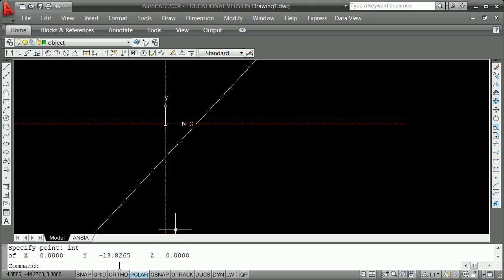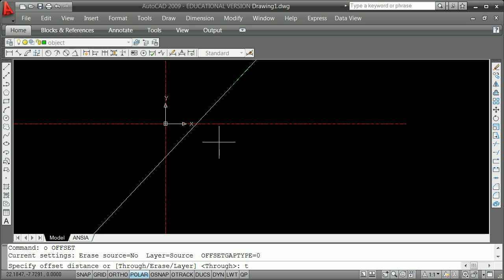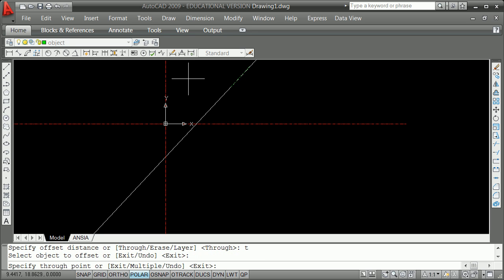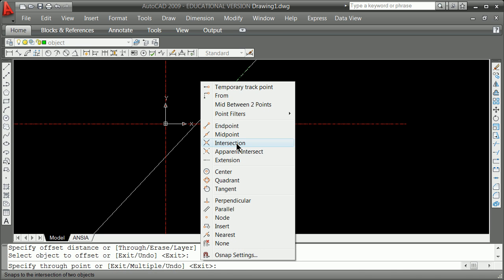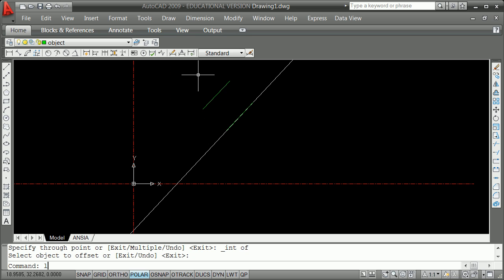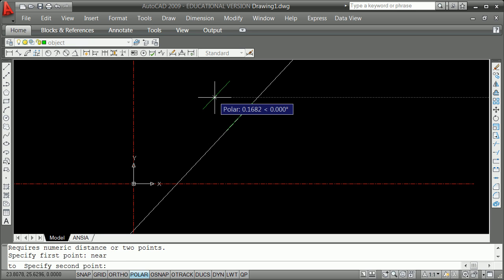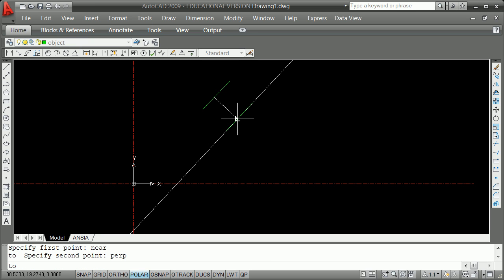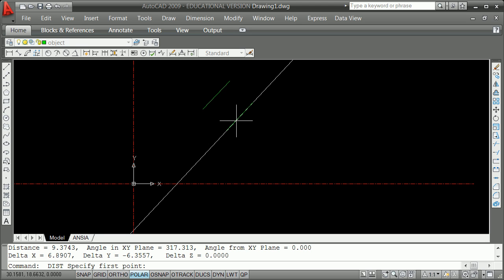And what we are guessing is that when we do this, O for offset, T for through, this object through the shift right click, the intersection of that, and look at that distance from near, N-E-A-R, of here, to perpendicular to that. We're going to guess that